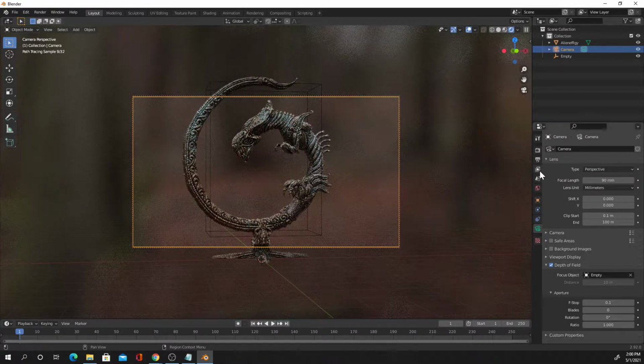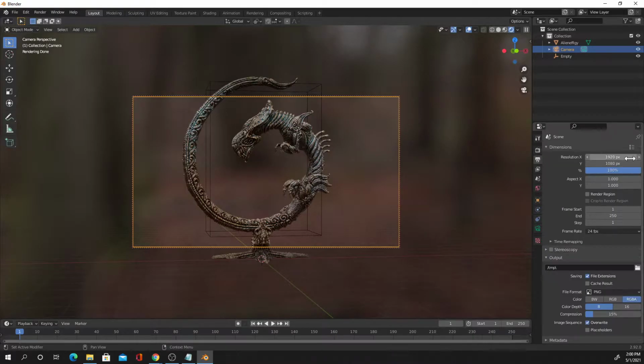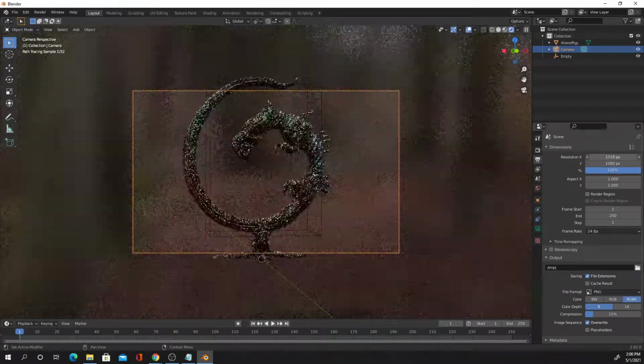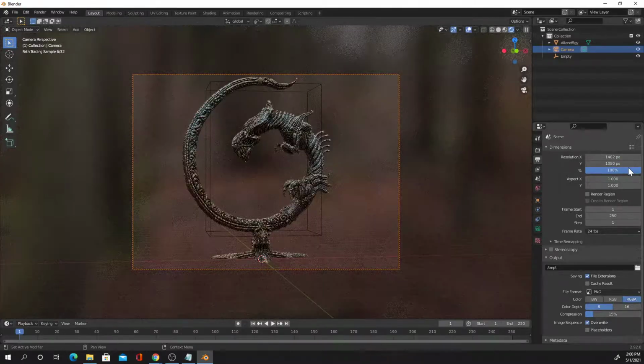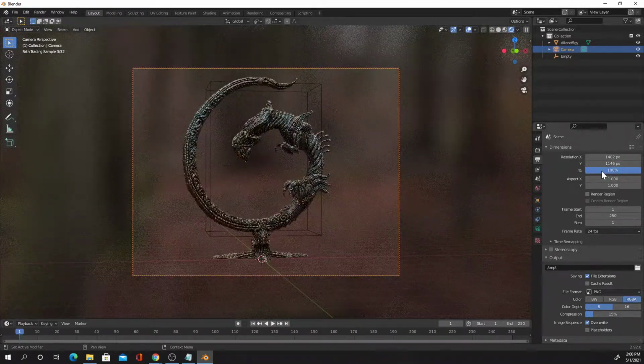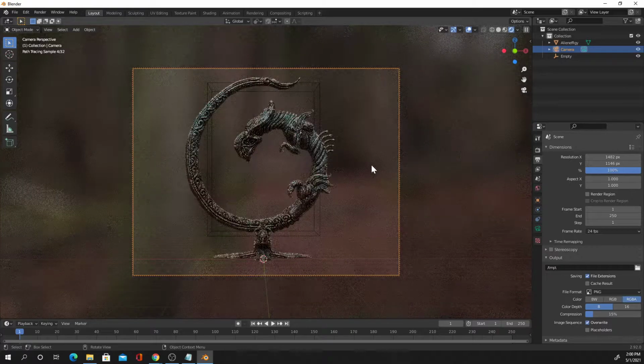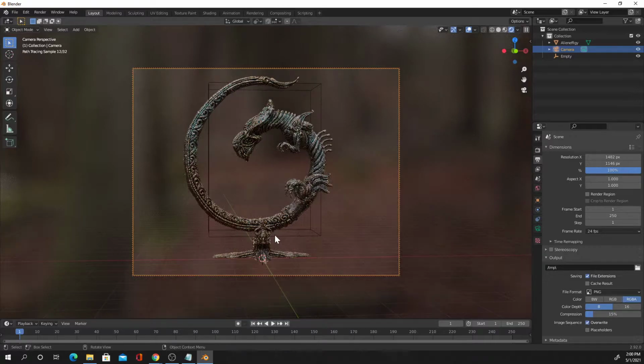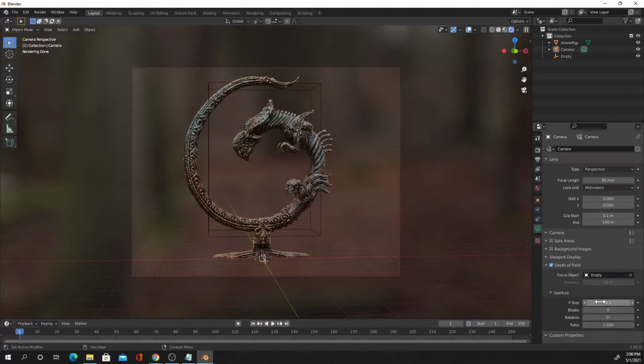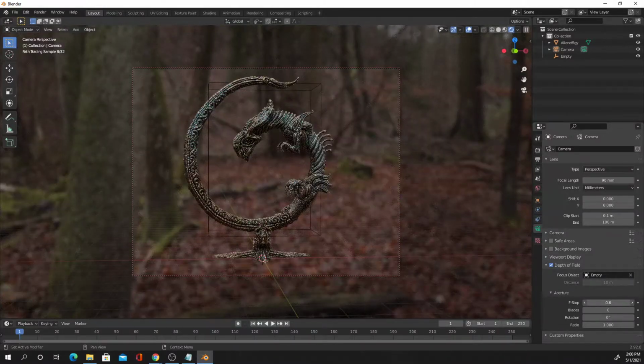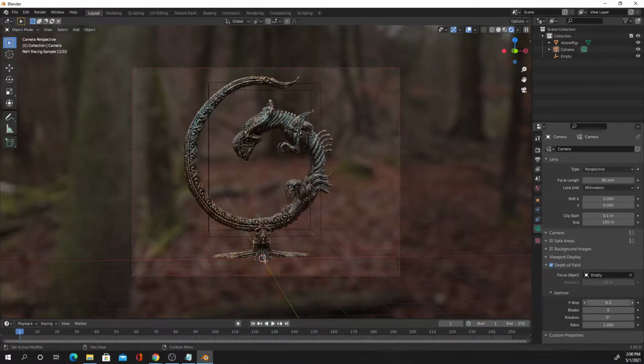So what we want to do, and then we can go to here, and let's turn up the resolution. I just want to get more of this object in the screen. So now we're getting some blur on the items behind. It just gives it a little bit of realism, I find. We can play with that too. You can move this f-stop around